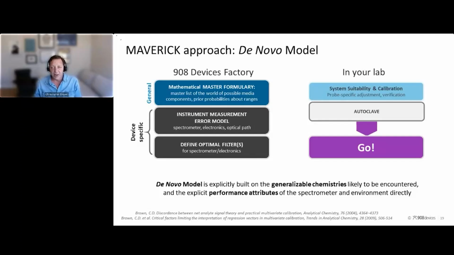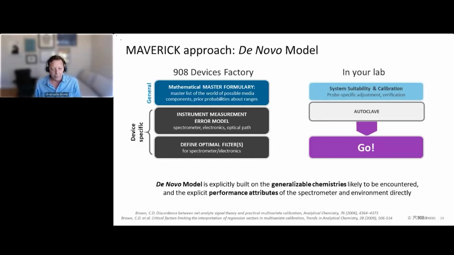And that allows it to actually build a de novo model. So it's an embedded capability that is built to predict whatever is turned on at the moment. So glucose, lactate, biomass out of the gate. When it gets to your lab, then the de novo model is essentially ready to run, with the exception of an optical fine adjust with a system suitability and a PQ. So there are two quick system suitability standards that are run that allow it to confirm that it's doing what it should be doing from a PQ perspective. Once that's done, then you can autoclave the probe and hit go. So nothing else to do to get a Maverick up and running